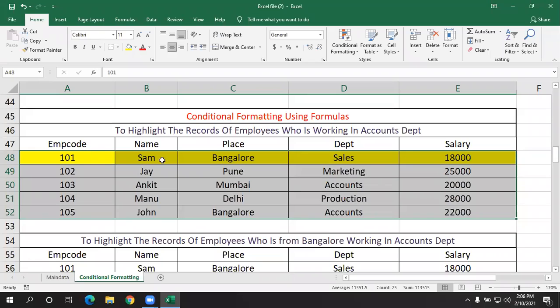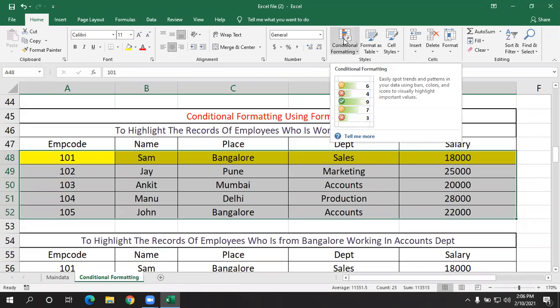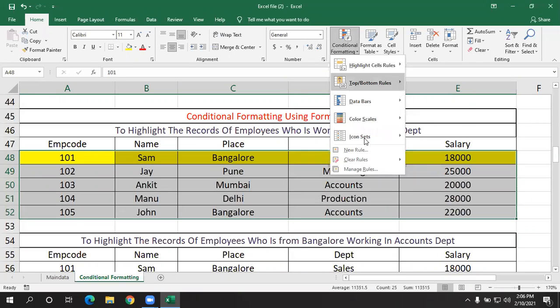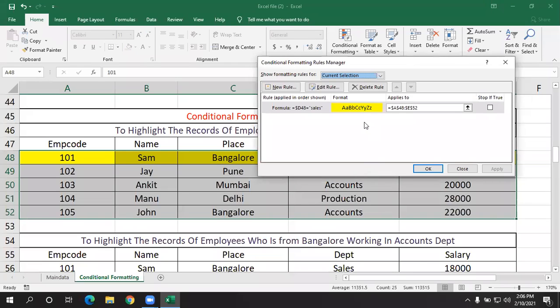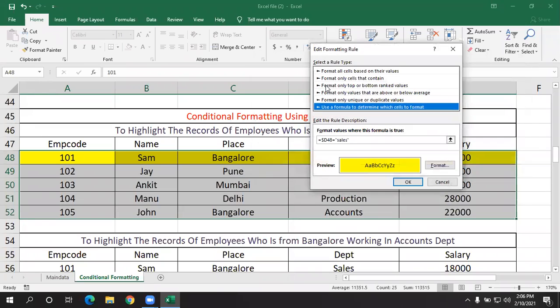So I already selected the range. As I'm modifying here itself, so what I need to do, need to select conditional formatting, then manage rules, select it, click on edit rule. Then now what I have to do here, I have to modify. What I have to modify here,